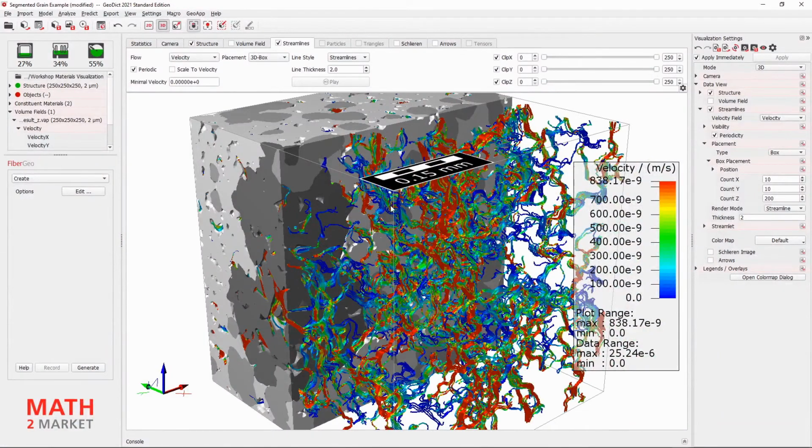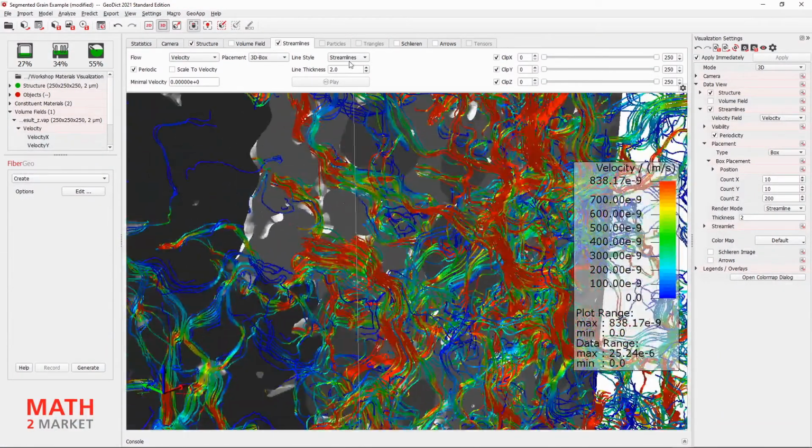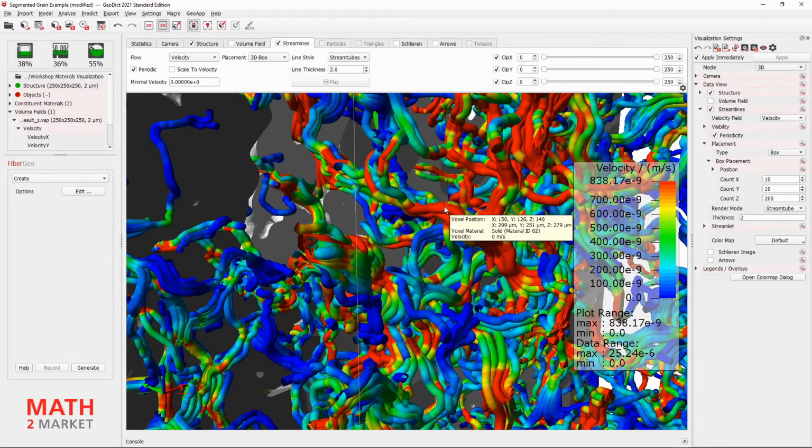Instead of streamlines, we can also select stream tubes for the line style, up here in the Streamlines tab. This will take a second to compute. Unlike streamlines, which are 2D lines, stream tubes are actual 3D objects. They have an absolute thickness that does not depend on the resolution and a nice surface shading with shadows and gloss. But they need much more calculation time, as we just saw. If you want to use stream tubes, I recommend to find good settings for the streamlines first and then switch to stream tubes for the image.